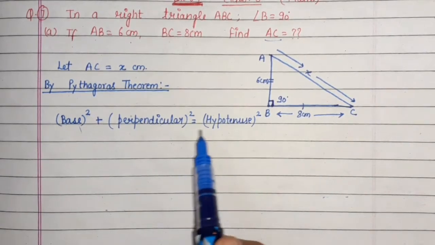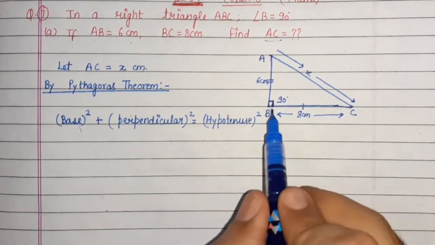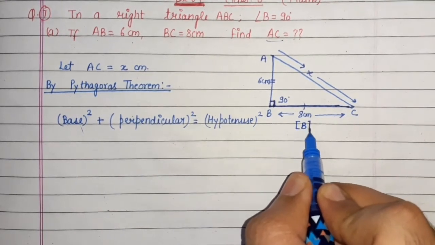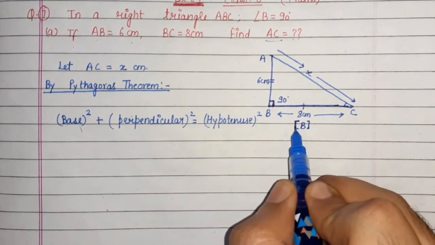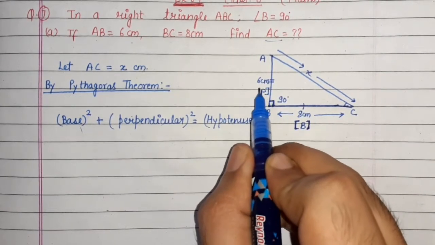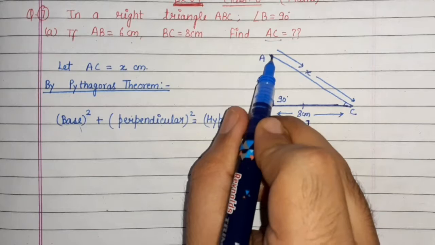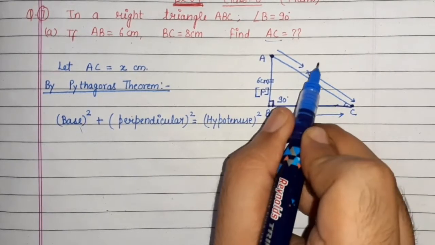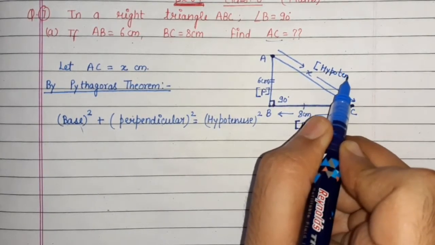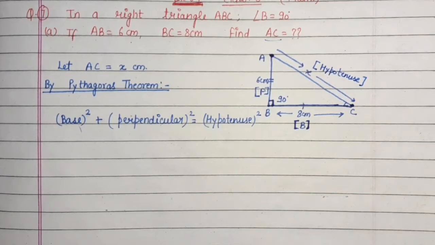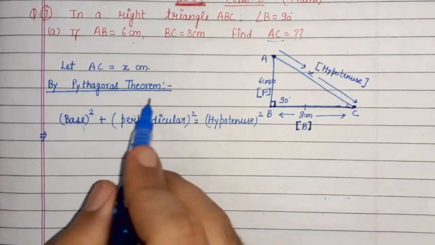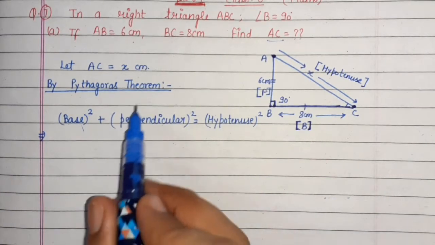Now hypotenuse, what is hypotenuse? Base, perpendicular. This side is called base. You can write like here, we are talking about this angle, this is called base. After that, if this is the base, you can write this is perpendicular, and the greatest side in a right angle triangle is always called hypotenuse. So what is the greatest side? Always the biggest one is hypotenuse. So now you can write like this. This is the Pythagoras property, or Pythagoras theorem.